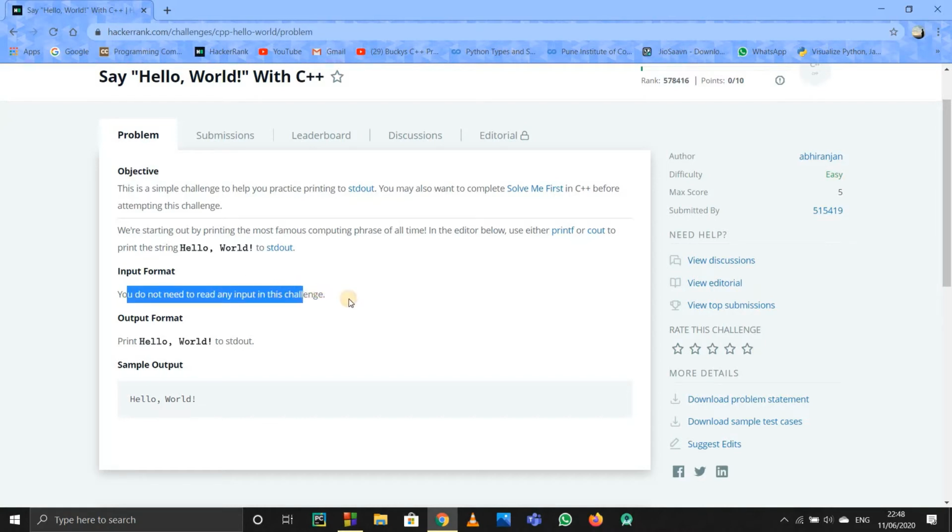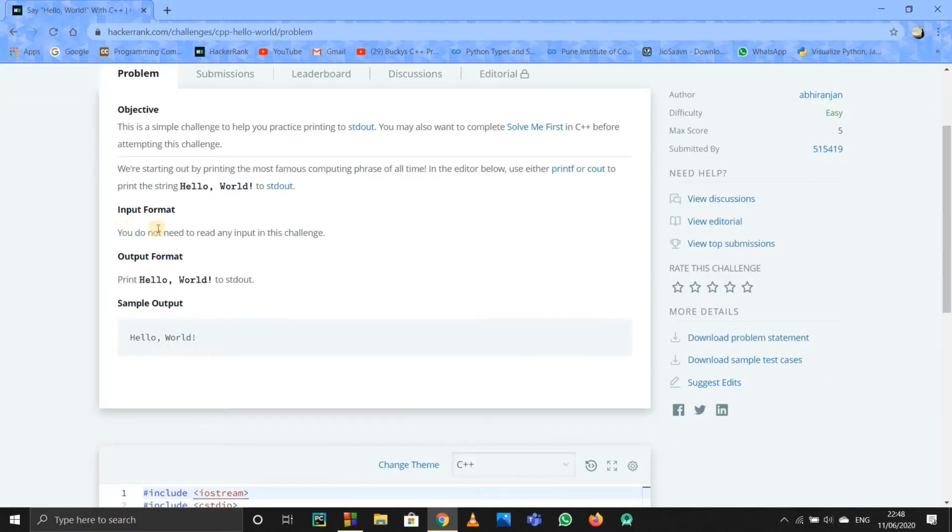Suppose there is a problem in which we need to take input. Suppose we want to add 2 numbers. The input format of that problem will be: take 2 numbers as inputs, A and B, suppose. In that we just have to take the input. Here we obviously don't need an input to print hello world, so it's fine. Output format will be hello world in this case. But if the problem is to print the sum of 2 numbers, as I told, the output format there will be the sum of the 2 numbers that we took before in the input format. So in this way we have to work with input and output format.